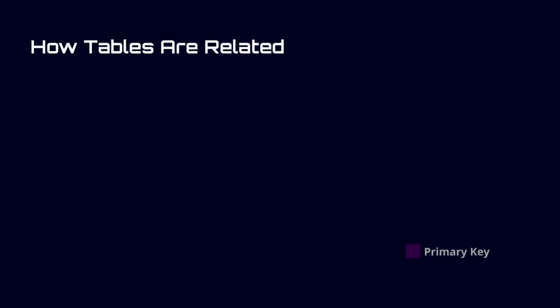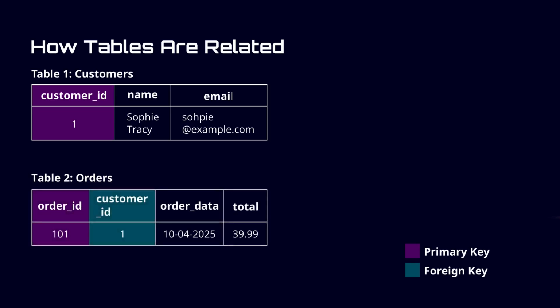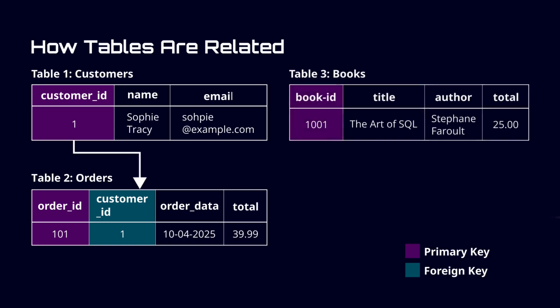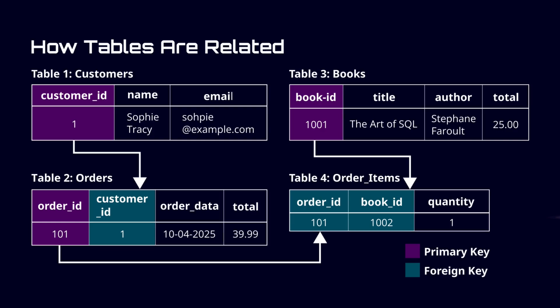In a relational database, tables are connected to each other using keys. When designing a database, developers define how tables relate by assigning specific columns as primary and foreign keys. The entire layout of these relationships is called a schema. Let's look at our online bookstore example. In the customers table, customer ID is the primary key. This same column appears in the orders table as a foreign key, linking each order to the customer who placed